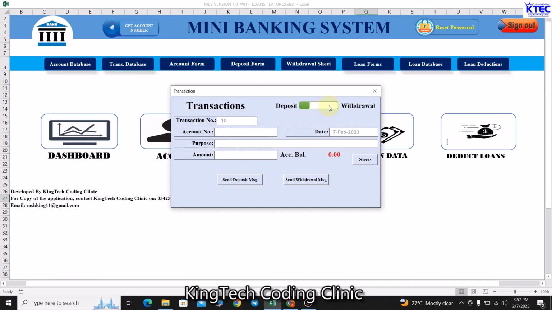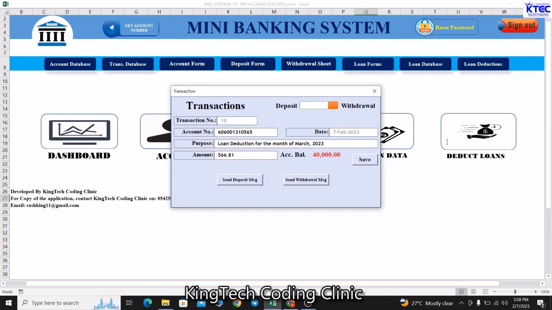So what we are going to do is just toggle withdrawal. We want to withdraw an amount from Ama's account, and that is about the loan deduction. So we then go ahead and paste the account number here, and we proceed. You can see for now she still has the 40,000 inside. So here we just have to let her know that that is a loan deduction for the month of March 2023. So once we are done, the amount we are going to withdraw is